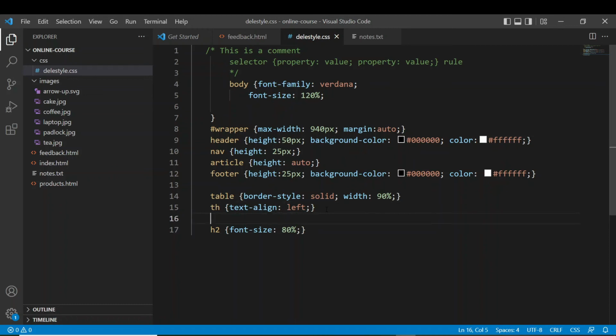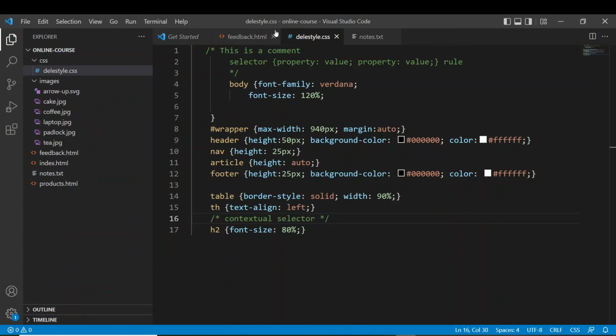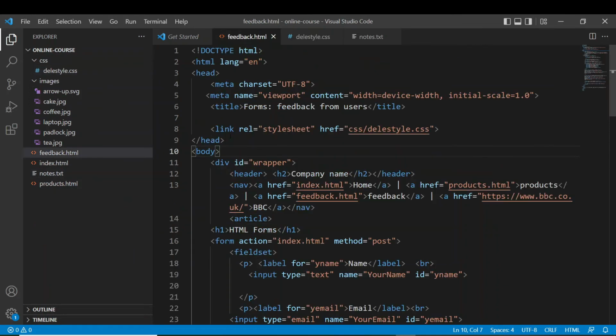Now, let me come here. If I do /*, this is a comment. I've said that before. This is how you do comment tags. And here I'm going to say this is a contextual selector. Okay, */. By the way, if you want to make comments inside your HTML, you can also do that by